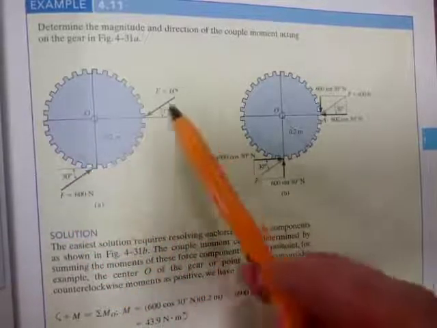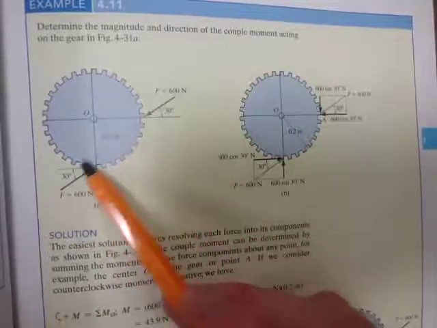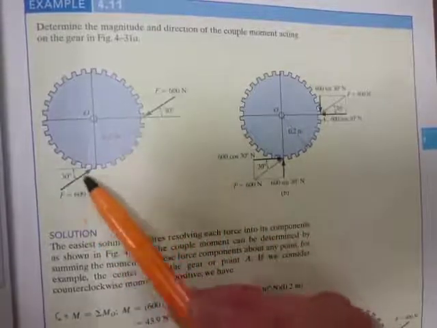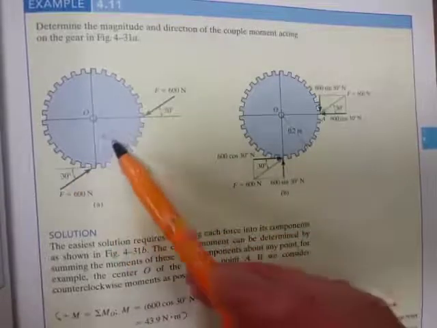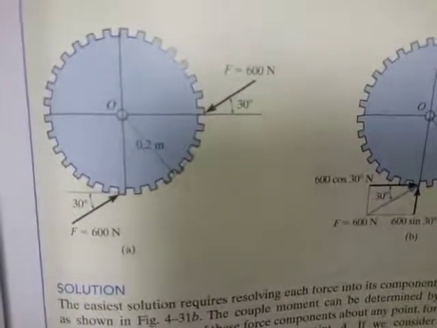What we notice in this exercise is that it's quite difficult to determine the perpendicular distance. If you extend this line of action and that line of action and try to find D, it might be a little bit difficult. So what they suggest as a solution is